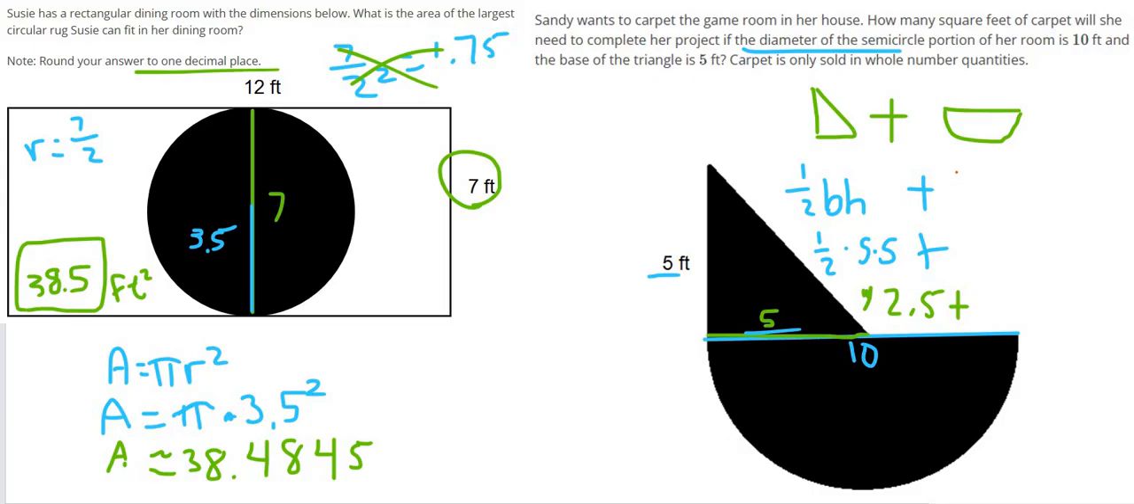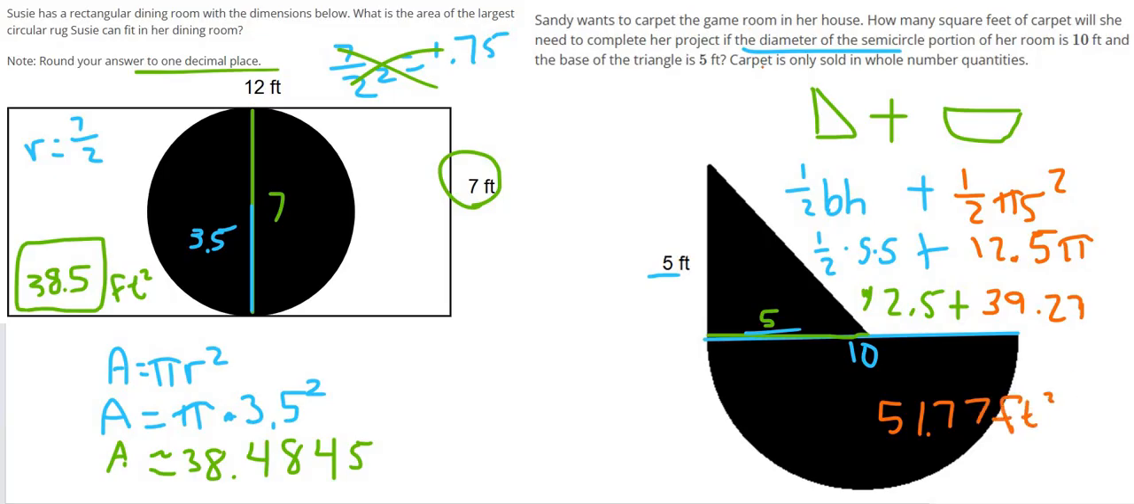And then for the half of a circle, area of a circle is pi r squared, so we're going to have 1/2 times pi times the radius squared, and the radius is halfway across, which we already identified as 5. 1/2 times 5 squared is 12.5, or 12.5 pi. 5 times 5 is 25, times a half is 12.5. And that's going to give us about 39.2699, or I'm just going to say 39.27. 39.27 plus 12.5 gives us 51.77